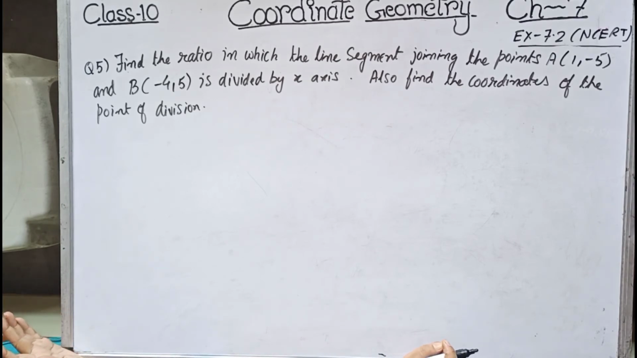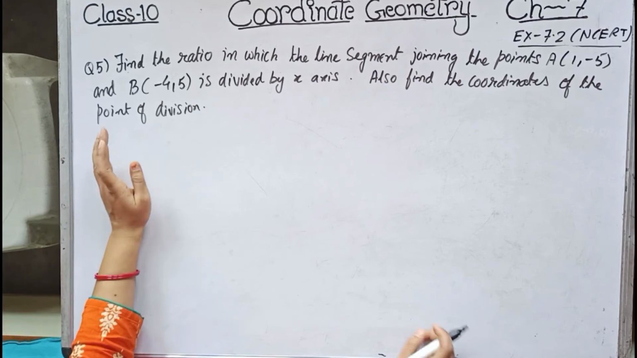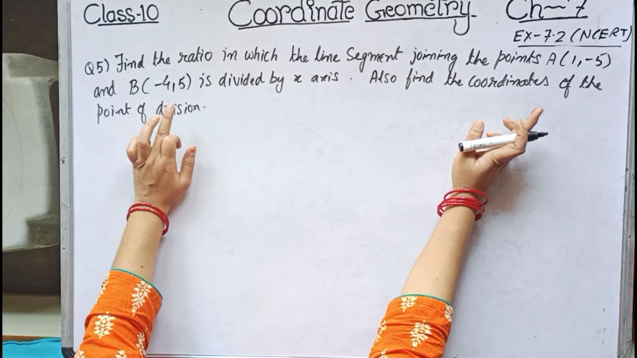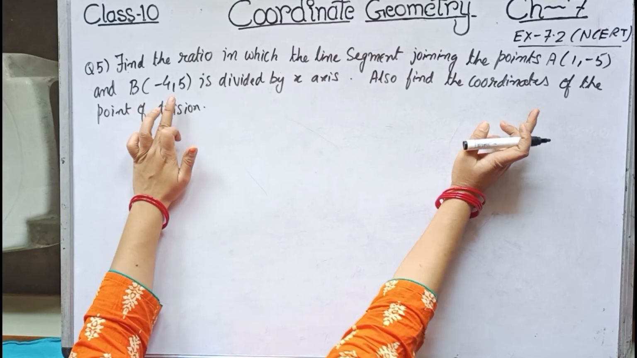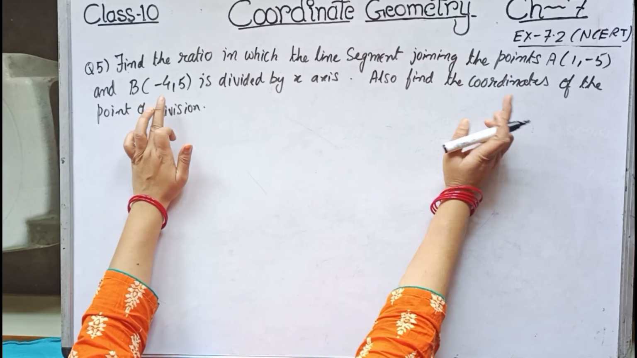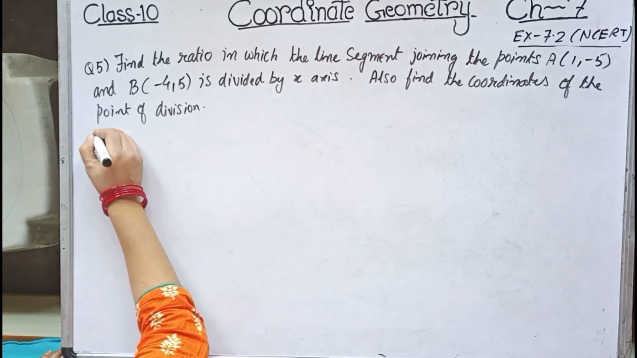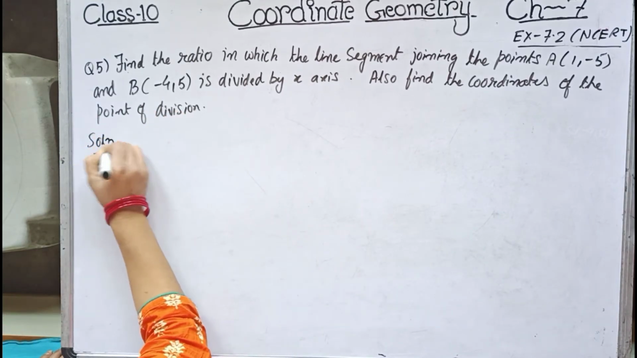Let us move to question number 5. Question number 5 says: find the ratio in which the line segment joining the points A (1, -5) and B (-4, 5) is divided by the x-axis. Also find the coordinates of the point of the division. So in the solution part we will write: